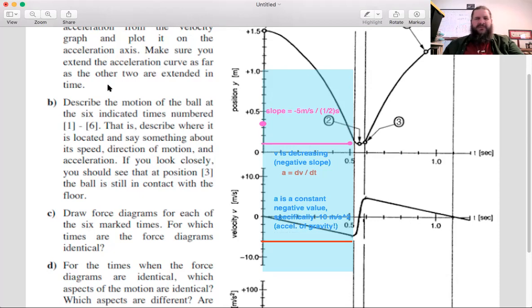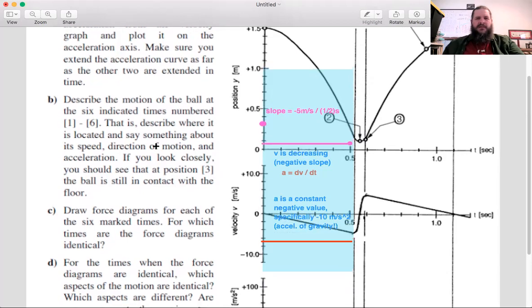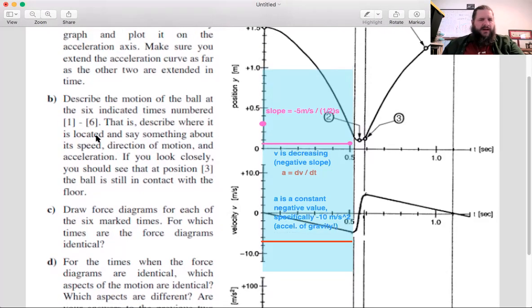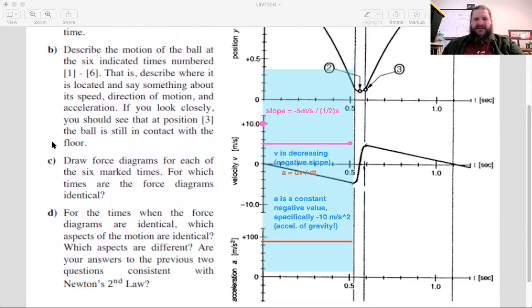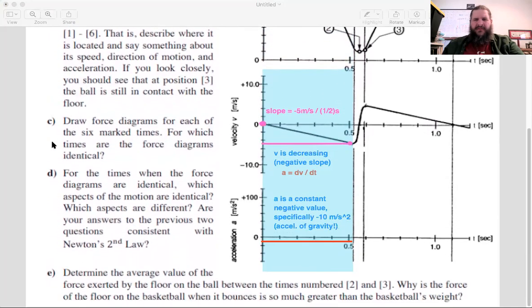For the position graph specifically. So let's sketch this in. This shape. Yeah, that's a parabola. And the reason that's a parabola mathematically, going back to the acceleration graph, I would say